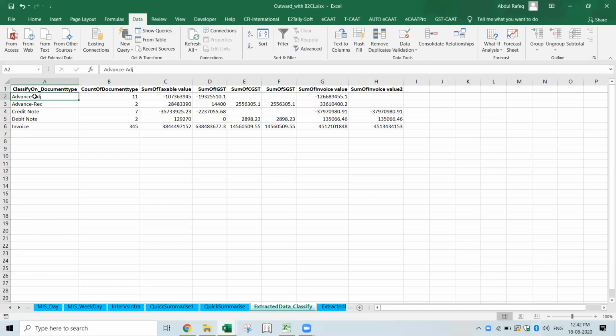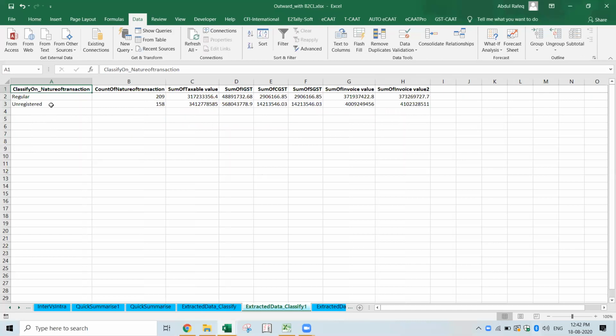For example, for all the character fields, I've got this particular one, document type. Inside the document type, what is the number of documents which are available? So I find advances and all invoices. Everything I know the total count and I get the total sum. Got it? Same function, classify, I've used.